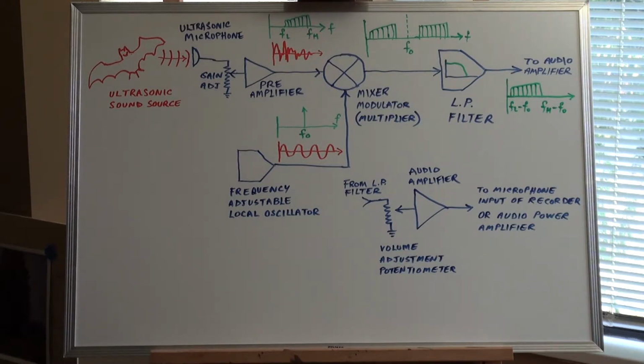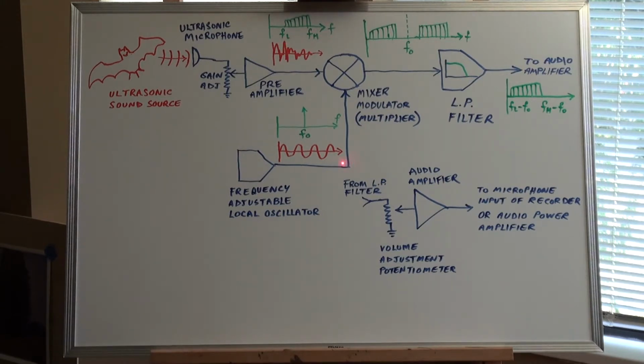I've chosen red to represent the time domain variation of the signal, and the green graphs represent the frequency domain representation of the time signal. So this would be the spectrum representation of the emitted calls from the bat that consist of a band of frequencies from a low to a high,